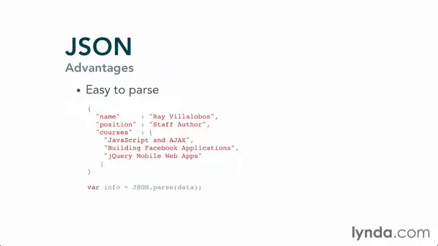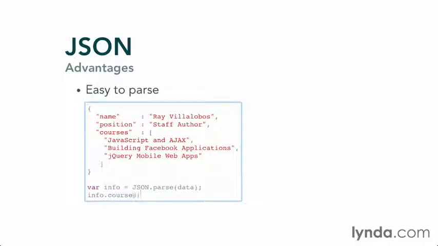Another advantage to JSON is that it's super easy to parse. So for example, you can create an object with this data and then pass it into a JavaScript object by simply using a JavaScript command called json.parse. You can then do things like access any of the items within the object just by typing in something like info.name or info.position or